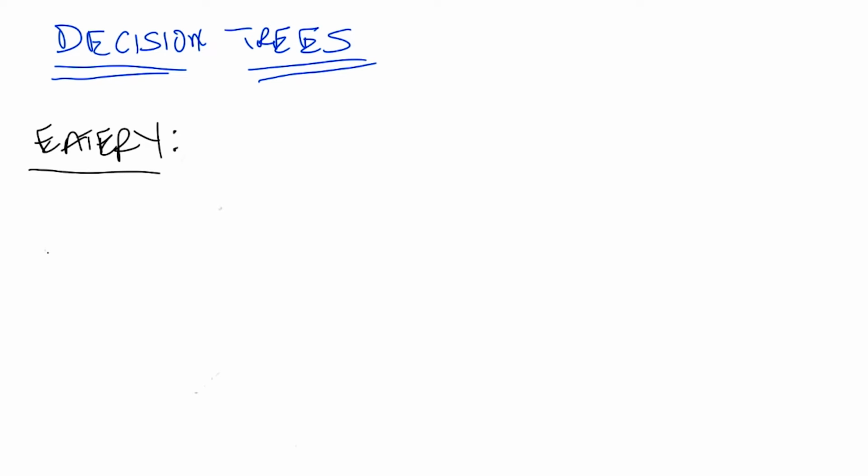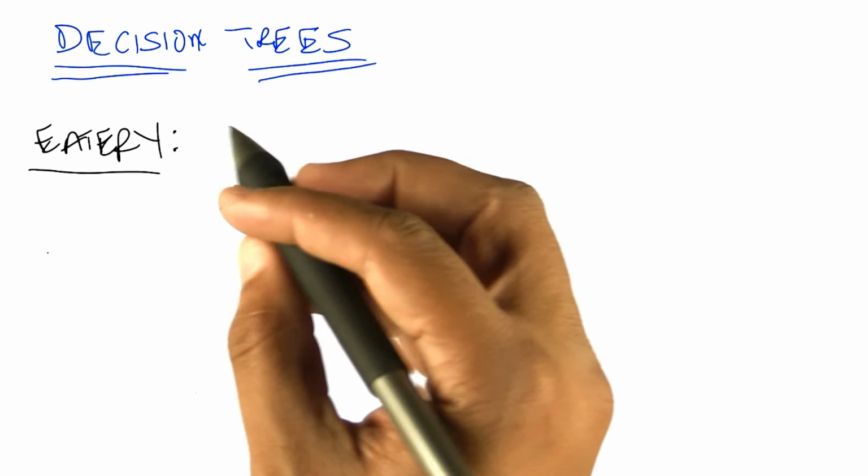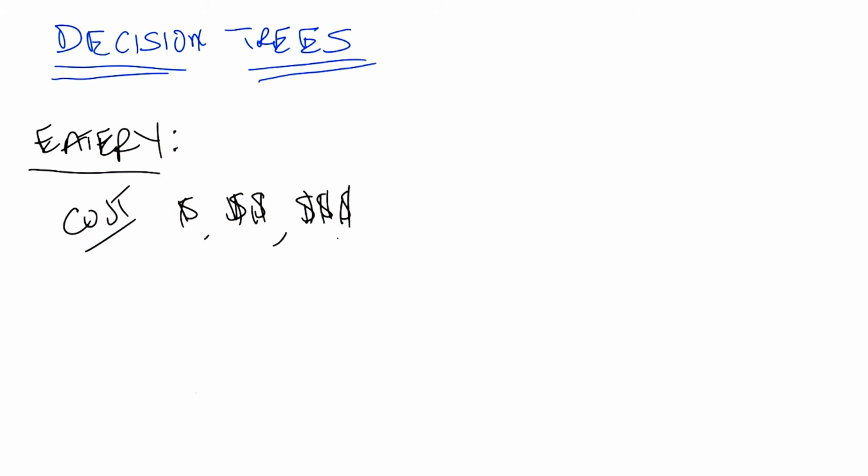All right, so Michael, last set of features. Let's come up with three or four more features and then move on. Sure. Sometimes I'll look at the menu that's posted outside, and I'll see how pricey it is. Okay, so cost. Right, so cost can be represented as discrete input.